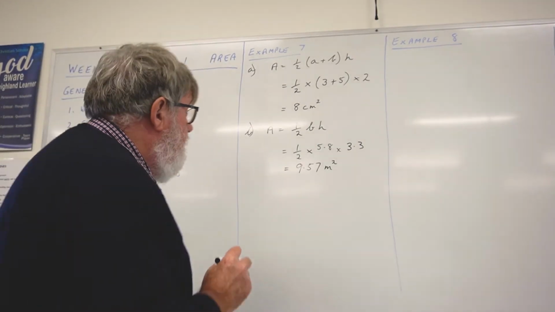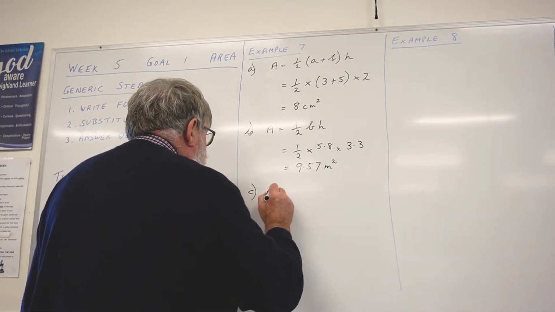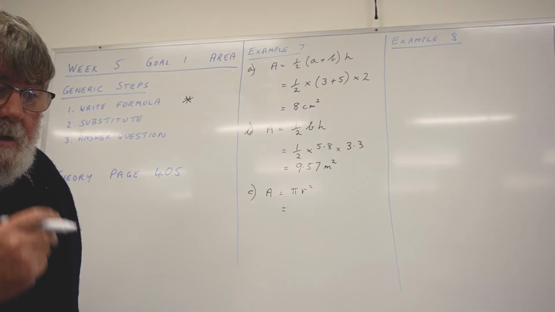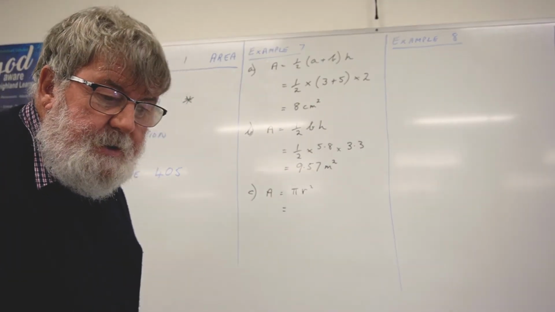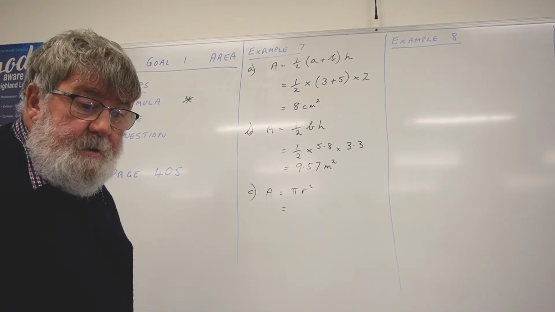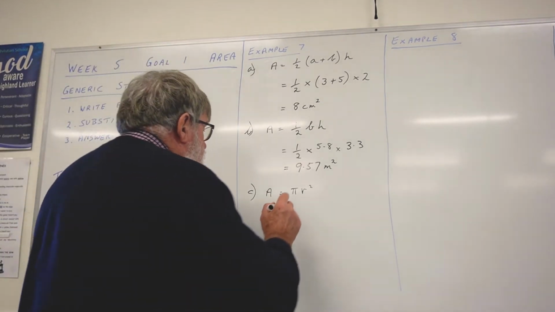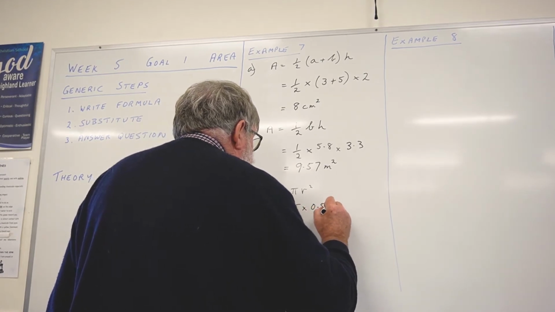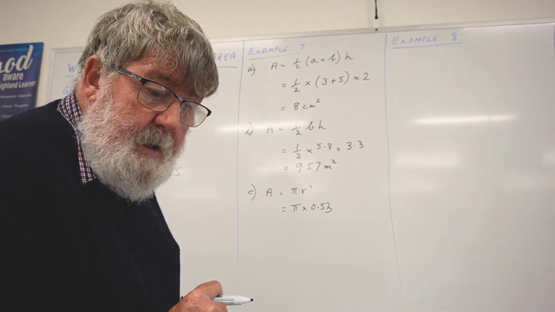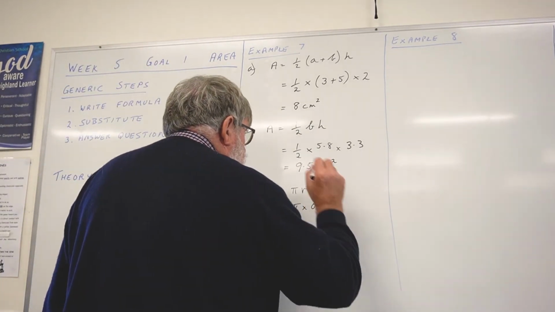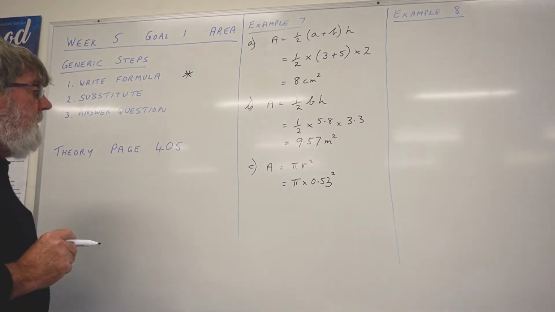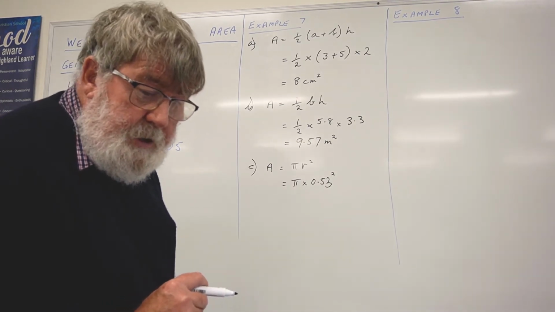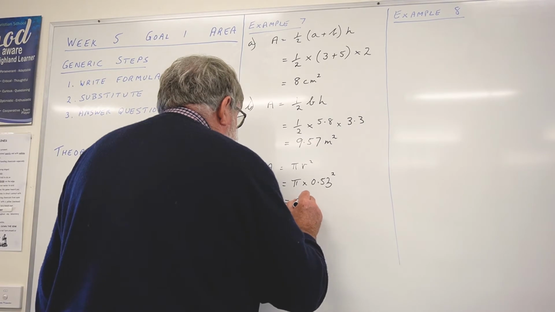Our third example is a circle. Area is pi r squared. Trap for unwary players here, you're given the diameter of the circle, 1.06 kilometres. r stands for radius, therefore we need to ensure that you halve the 1.06 to get 0.53 as your radius, and then that in turn has to be squared. Punched straight into your calculator as is, pi function down the bottom, multiplied by 0.53 squared, rounded to 2 decimal places as required, 0.88